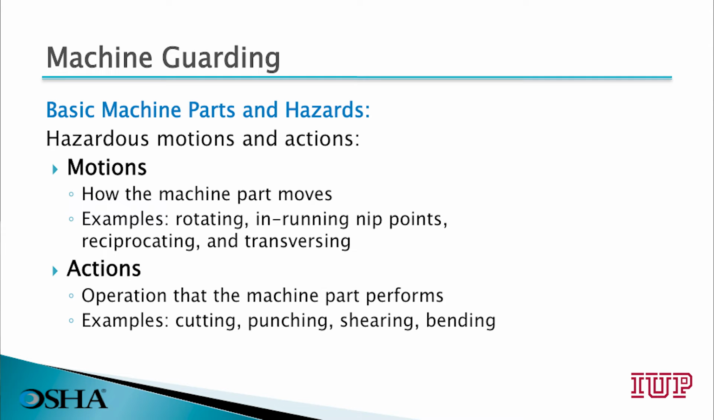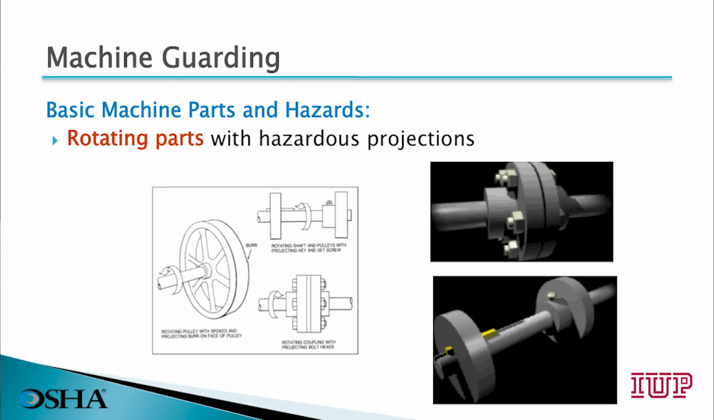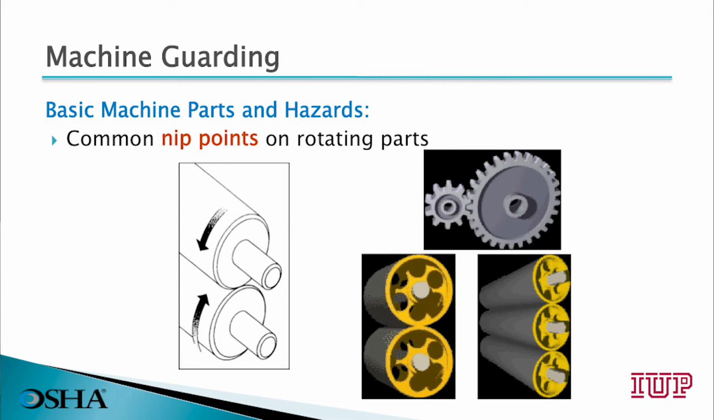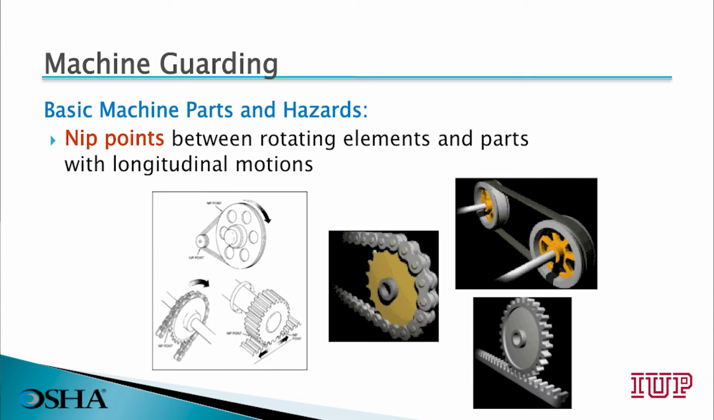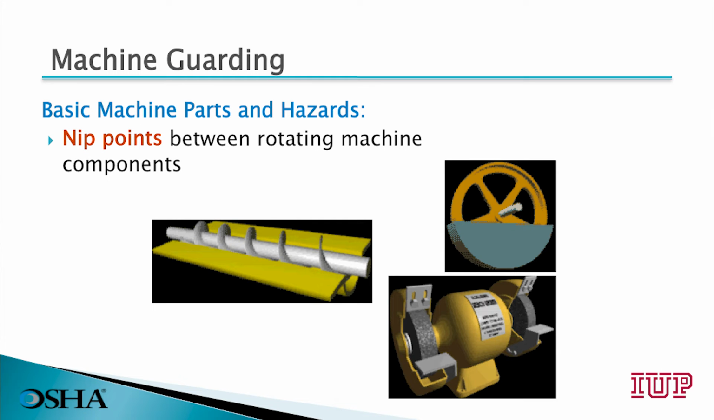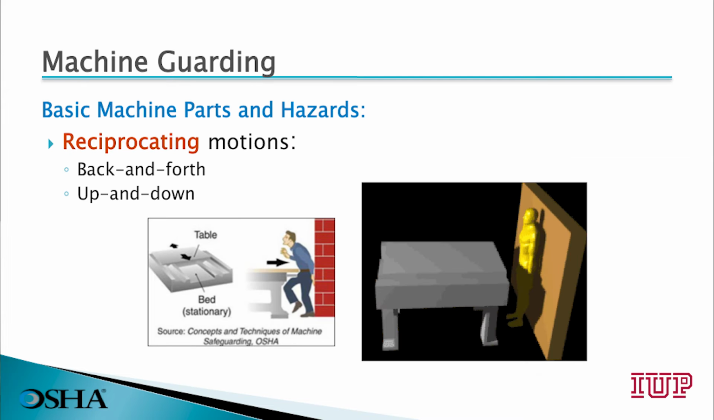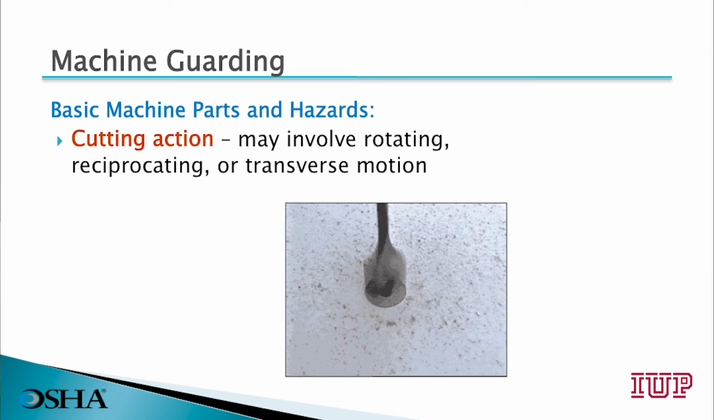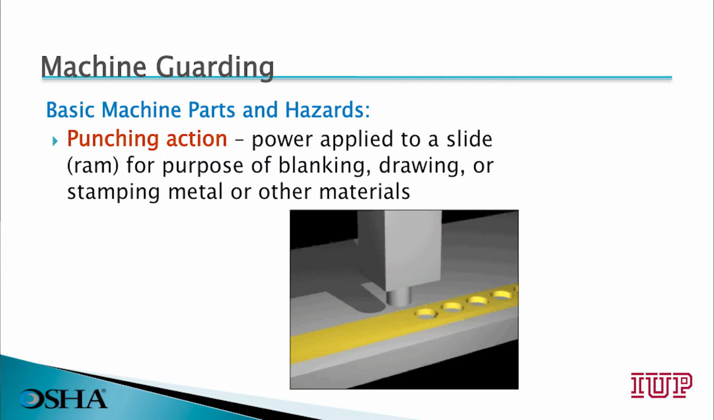Basic machine hazards include how the machine operates, including machine motions and machine actions. Basic machine hazards include rotating parts with hazardous projections, common nip points on rotating parts, nip points between rotating elements and parts with longitudinal motions, nip points between rotating machine components, reciprocating motions including back and forth or up and down, cutting actions involving rotating, reciprocating, or transverse motions, punching actions including power applied to a slide or a ram for the purpose of blanking, drawing, or stamping metal or other materials,